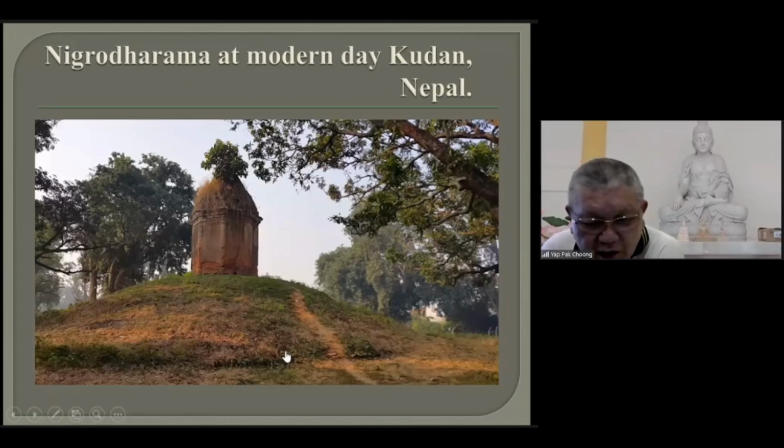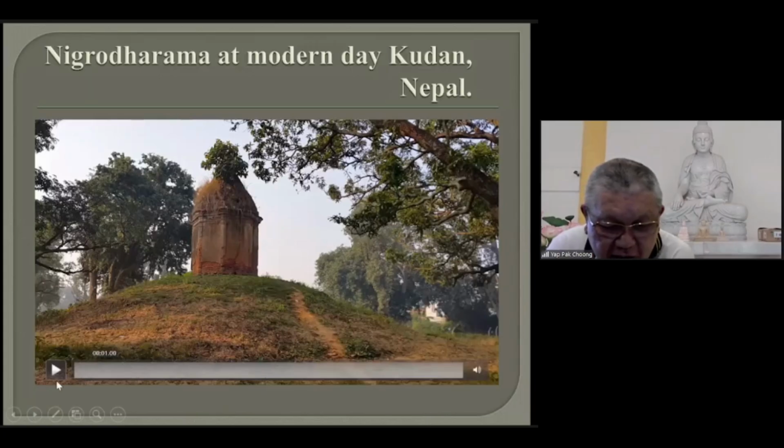Nigrodharama. So, we sidetracked a bit. During that incident, when the Buddha went back, remember, the Buddha's former wife, Yasodhara, told the son, Rahula, to follow him, that he was his father, and to ask for inheritance, correct or not? Then the young boy followed the Buddha back to the monastery, at the back. I think you're aware of the story. After reaching this place, the Buddha told Sariputta to ordain Rahula. So Rahula was ordained at this place, Nigrodharama, and later a stupa was built to commemorate this incident